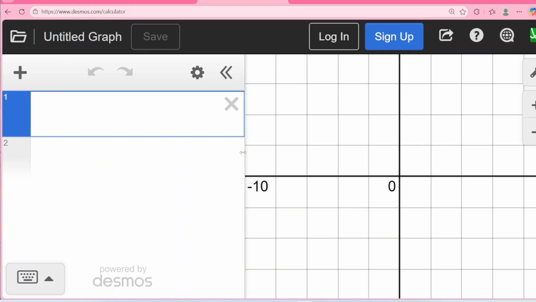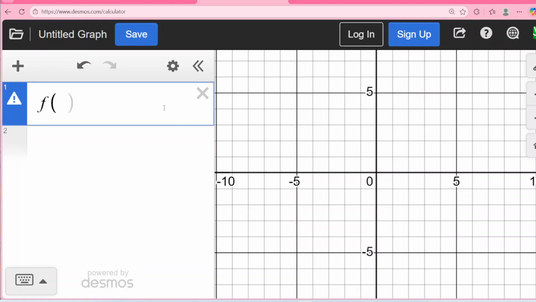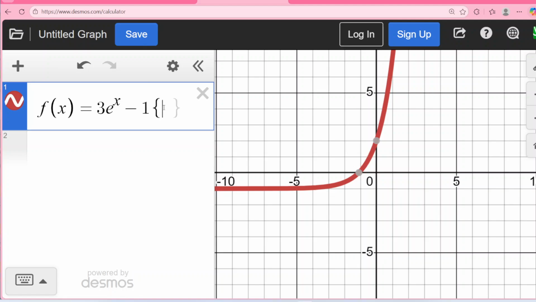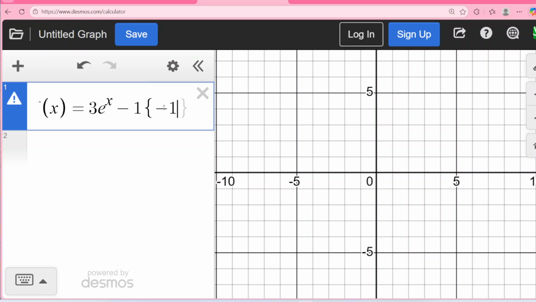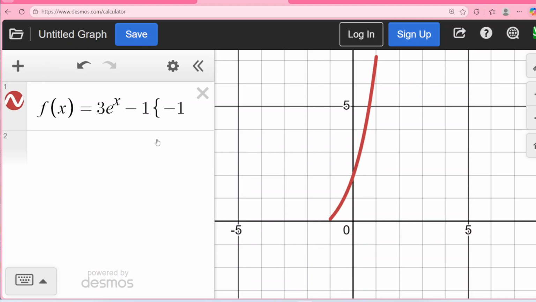So here I am at desmos.com. The first one they gave me was f of x equals 3e to the x minus 1. And I would like to look at it just from negative 1 to 1. So remember the little curly braces, put in your condition, negative 1 less than or equal to x, less than or equal to 1. So there's that picture, right? Just that piece of that curve. And then g of x